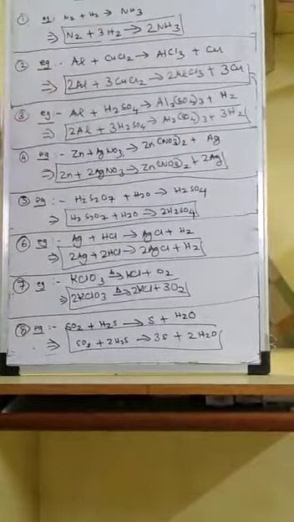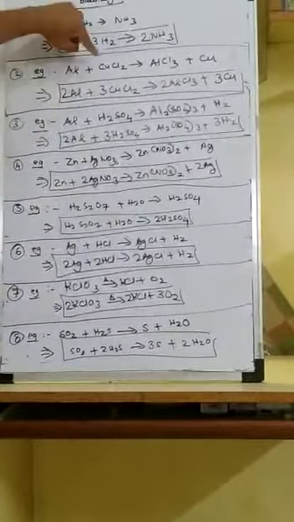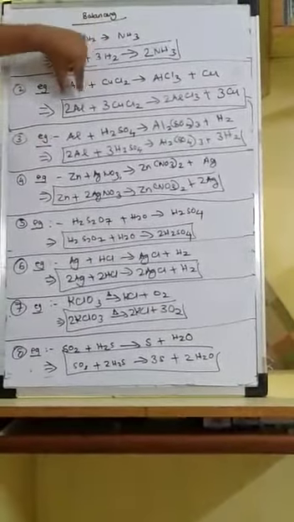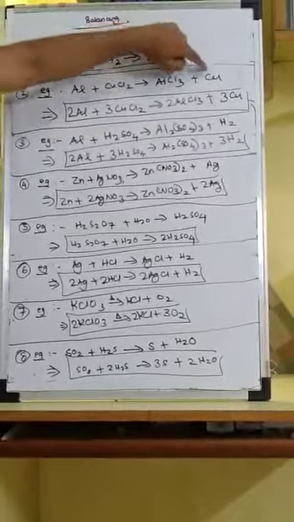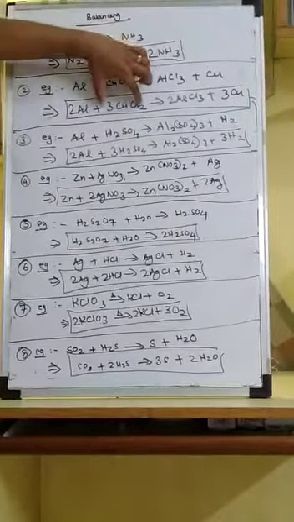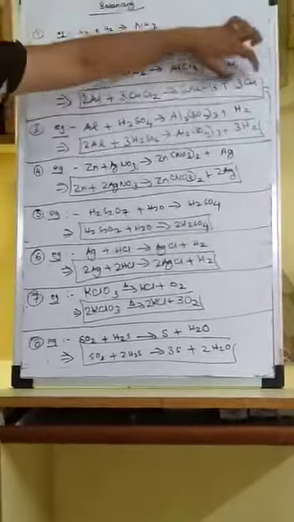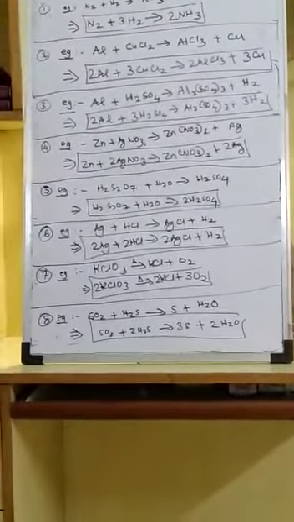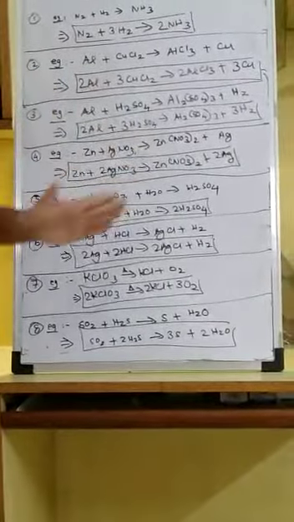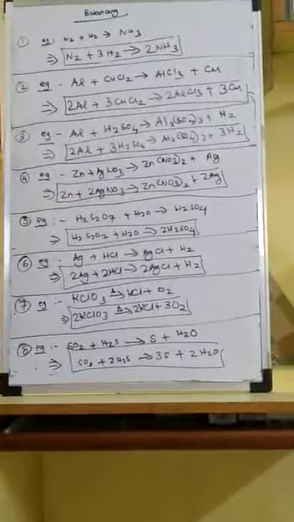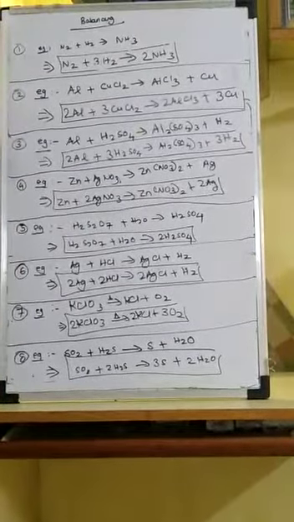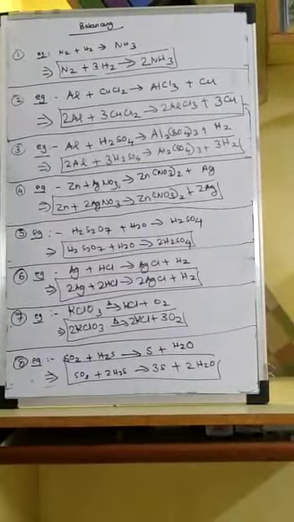And now that chlorine and aluminium are balanced, what is left is copper. So 3 coppers and 3 coppers. Since for 6 chlorines I made it 3 coppers here, I also have to adjust it to 3 coppers there. So eventually I have 2 aluminiums on the LHS and the RHS respectively, 6 chlorines on the LHS and the RHS respectively, and I have 3 coppers.